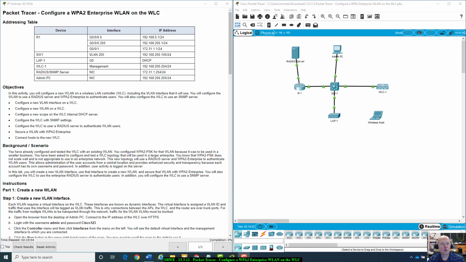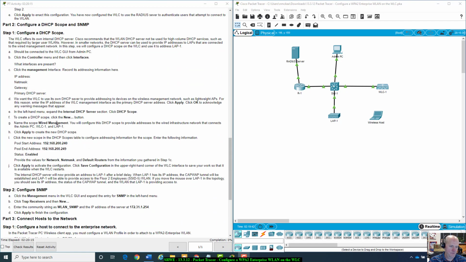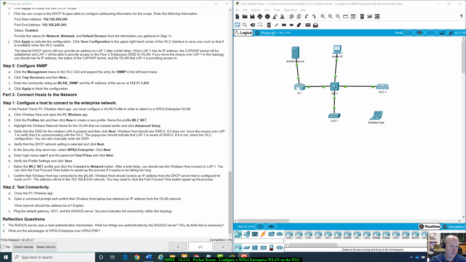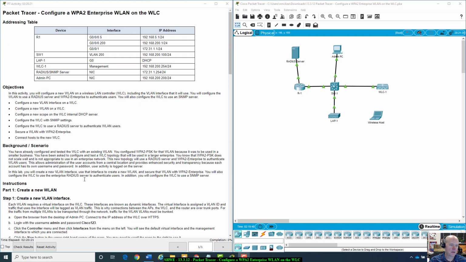McKee with Net 225. Today I want to go over Packet Tracer 13.3.12, which is configure a WPA2 enterprise wireless LAN on the WLC. Alright, that was a mouthful, and if you look down through all the instructions, this is also a mouthful. I'm going to try to run through this fairly quickly, but at the same time I'm trying not to